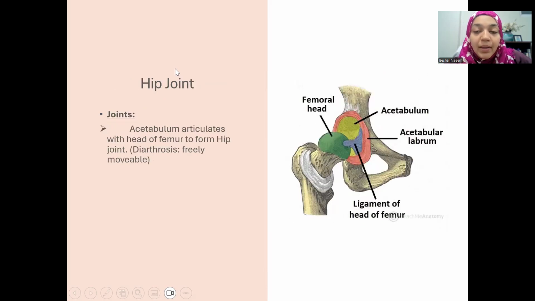Now, hip joint. The hip bone has a very big articulation with the femoral head in its acetabulum. When we studied the femoral head, we said that the entire head is enclosed in cartilage except the fovea capitis. And that is because the ligament of head of femur, the ligamentum teres, was attaching to the fovea capitis in the femoral head, sorry. So the femoral head articulates with the acetabulum at the hip joint, and that is that area in which we have all the anastomosing taking place and a lot of ligaments